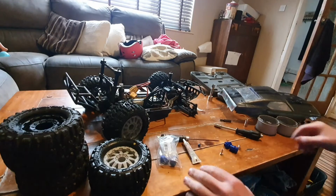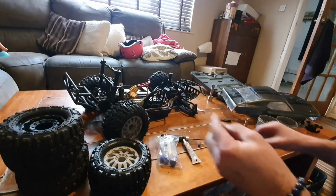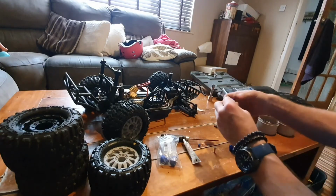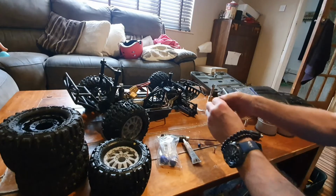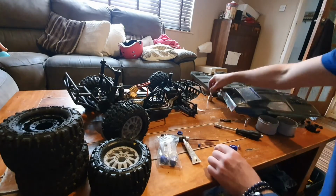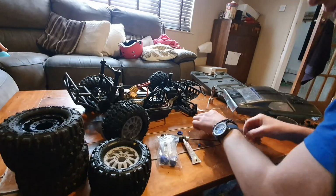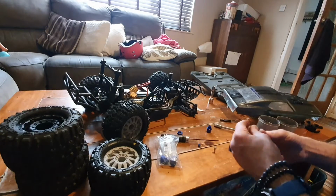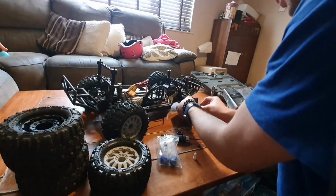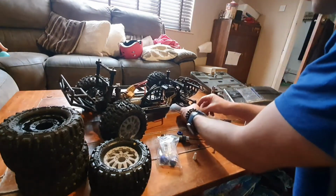So what we're going to be doing is these centre nuts actually thread through the adapters. So I'm going to quickly take off the wheel securing nut. Put that to one side for the time being. Quickly just make sure that fits in there, which it does. And we're going to use a tiny bit of thread lock. Just before we do that, I'm just going to check that definitely does slip over, and it does leave enough clearance at the back of the